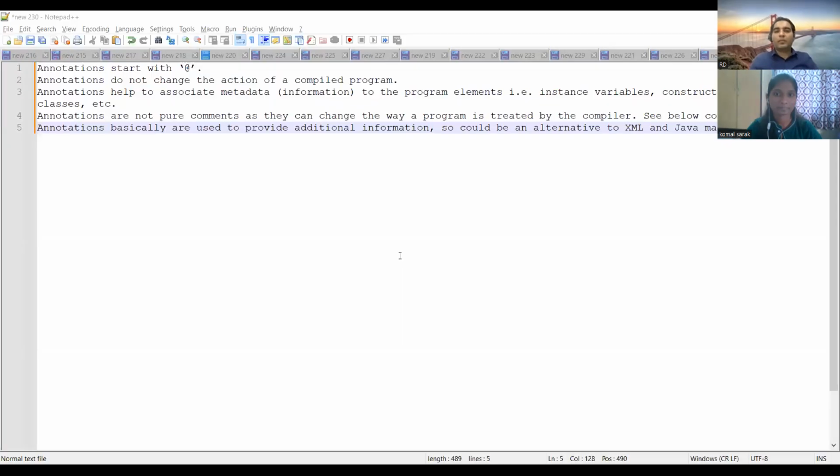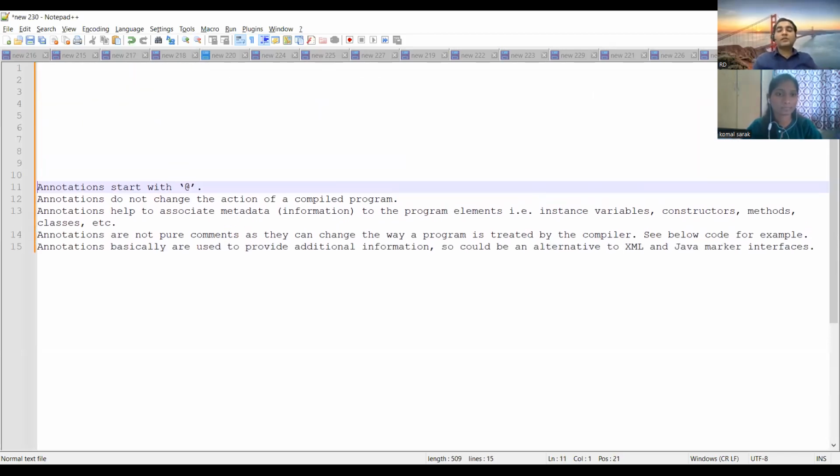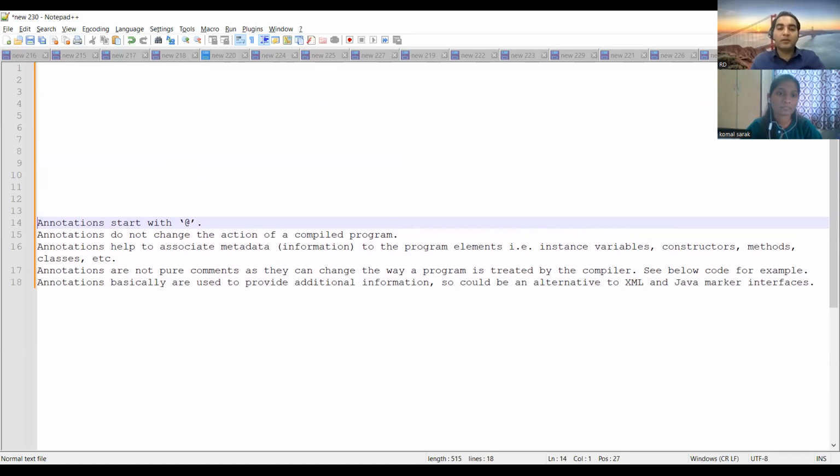Let me share my screen and I'll show you what annotations are in Java. Is the screen visible now? Yes, sir. Annotations start with @. Annotations do not change the action of a compiled program, right?